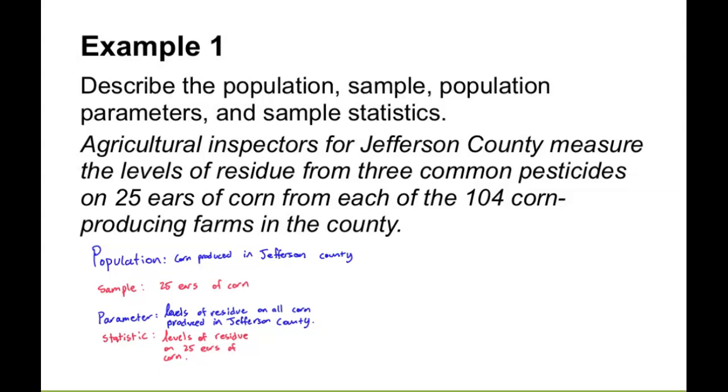Another reason you need statistics is because sometimes you're trying to measure for quality assurance, and to do that, oftentimes you have to actually terminate the individual that you're sampling. So think of a battery factory, right? They want to make sure they're producing batteries that last the amount of time they're advertising. Well, the only way to test a battery is to kill it, right? You have to use it until it's dead. So they couldn't test the whole population or they'd kill all their batteries. So what they'll often do in a factory, and we'll talk about this a little more, is take every whatever 12th battery off the line and test that battery.